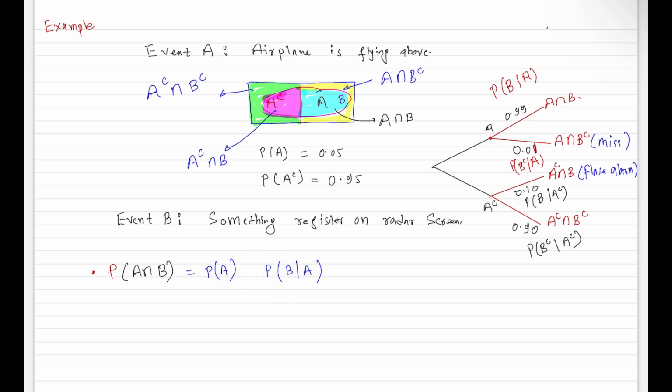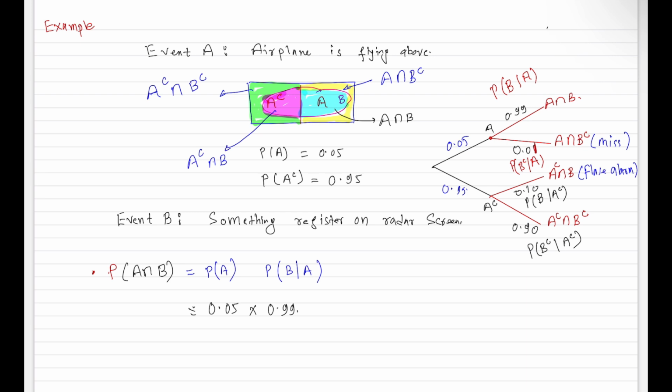So from the tree diagram, if you look at what we are asking about the probability of this leaf, how are we finding it? We can directly say that it is the multiplication of this branch and this branch, right? So let me assign 0.05 here, and 95% here. So from here we can write the probability of occurrence of the first event times the conditional probability, that is 0.99,